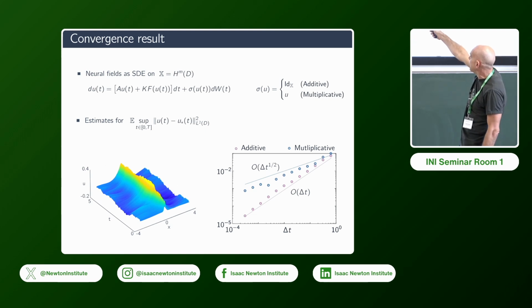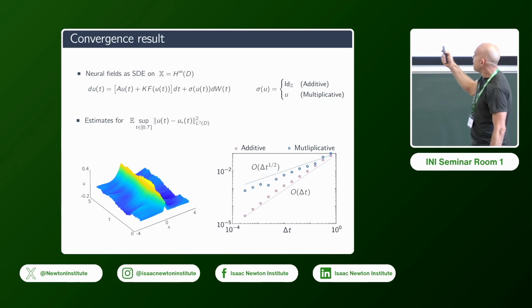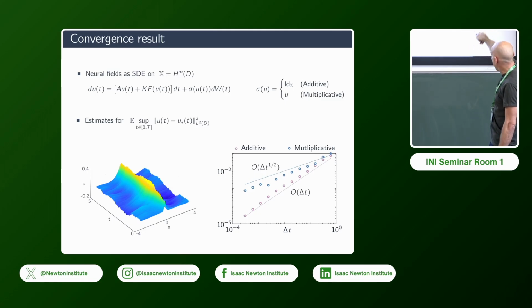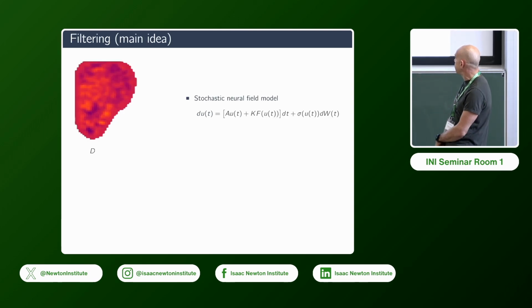And there is some noise. For the time being, we're not making assumptions on the noise other than it can be additive or multiplicative. Later on, I'll commit to a specific noise type. And what Khadija does is estimate the error that we make in the presence of noise in expectation. So they come up with error bounds, which are the lines written there, and then they also experiment that the scheme works for one noisy simulation of the neural field. So this is now stochastic noise theory and a tailored scheme for that.